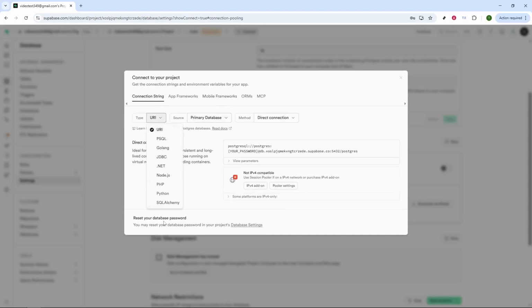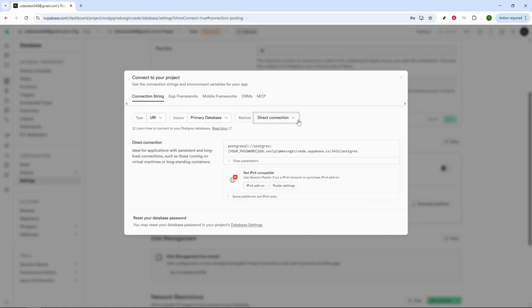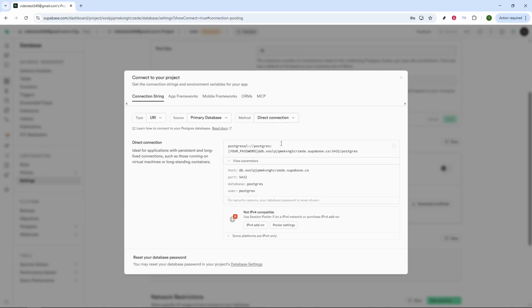Now, it's important to choose the right connection mode for your use case. If you're building a persistent backend service that maintains live connections like a traditional API server or a worker process, the direct connection on port 5432 is usually the best fit. It gives your app a stable, long-lived link to the database and works well when your runtime can hold connections